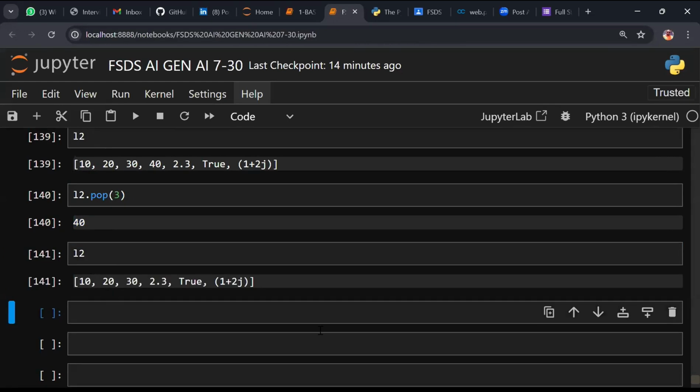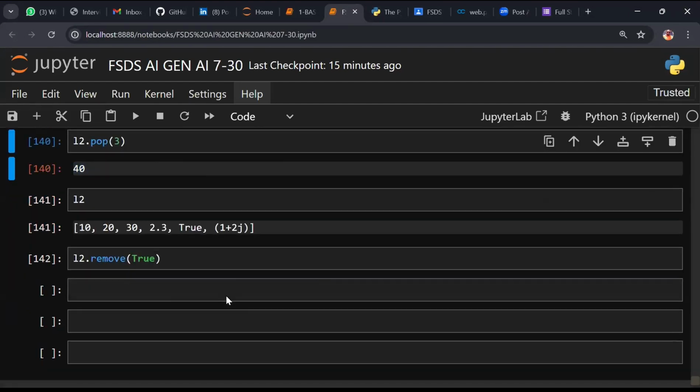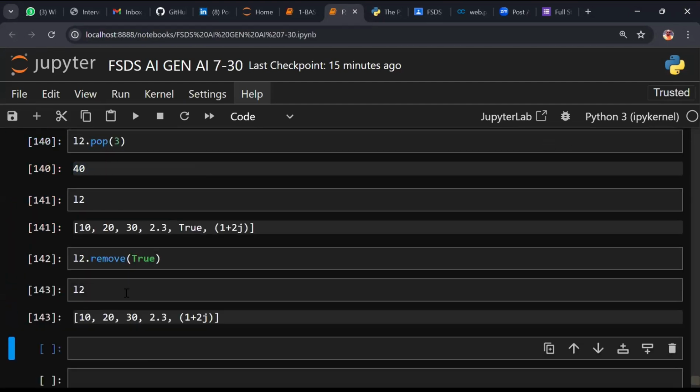What is removed, team? Now, I hope everybody is clear. This is pop. But with L2 dot remove, here true. So which one is true? This will remove or not? Do you see it doesn't display the number? In pop it displays the number, but remove does not display the number. So here you go to L2.